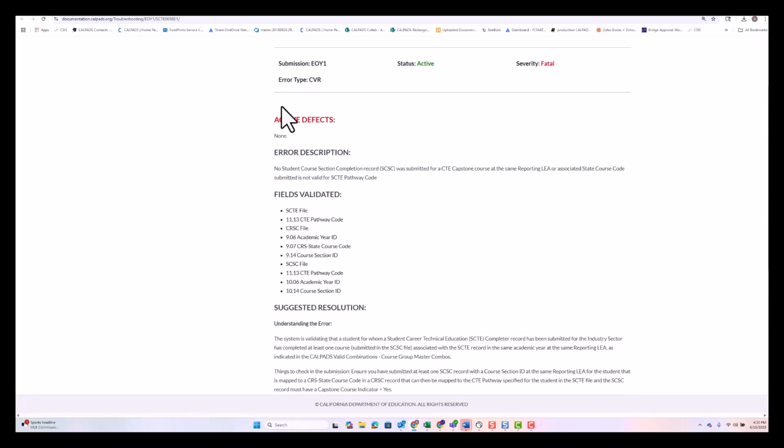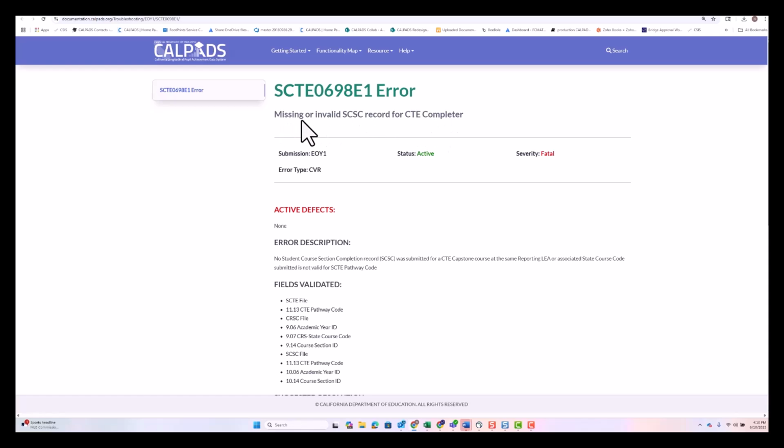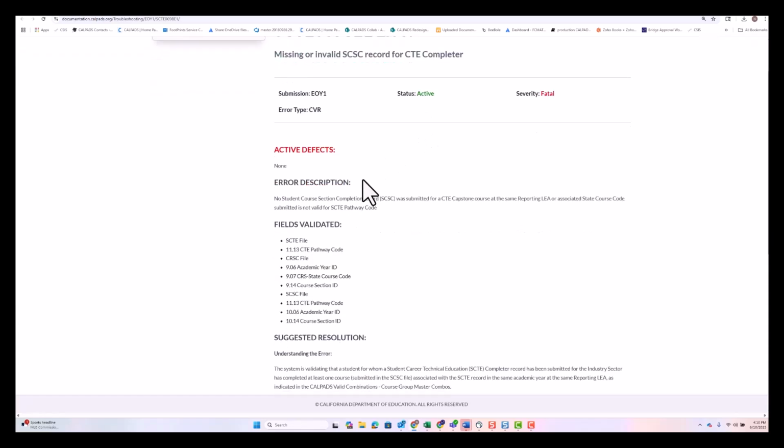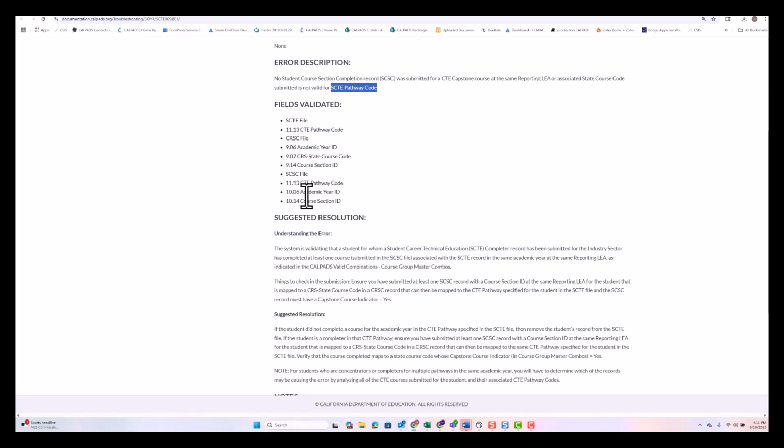The error description, which when you look at the error, you get the name, but this doesn't really always help. You get the error description. No student course section completion record was submitted for a CTE capstone course. This is important, at the same reporting LEA or associated state course code submitted is not valid for the SCTE pathway code. And of the fields that are going to be validated and compared from the SCTE file, the CTE pathway code, from the course completion file, the academic year, the state course code, the course section ID, and then